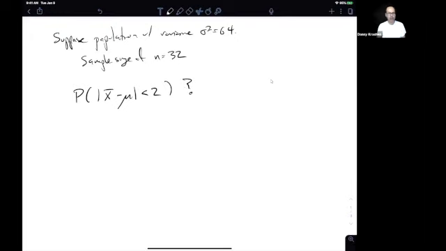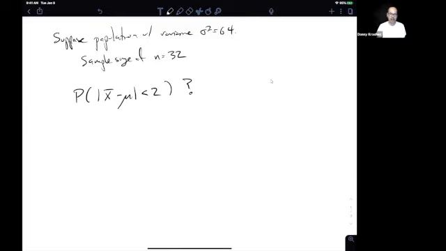Let's ask what's the probability that we are pretty close to the population mean? Fortunately, even though we don't know about the distribution in our population, we haven't said anything about it, we don't know if it's normal or uniform or what, there is still a general purpose tool